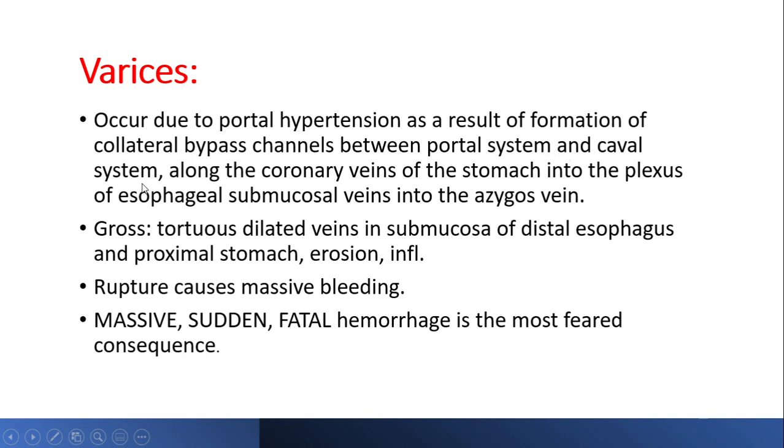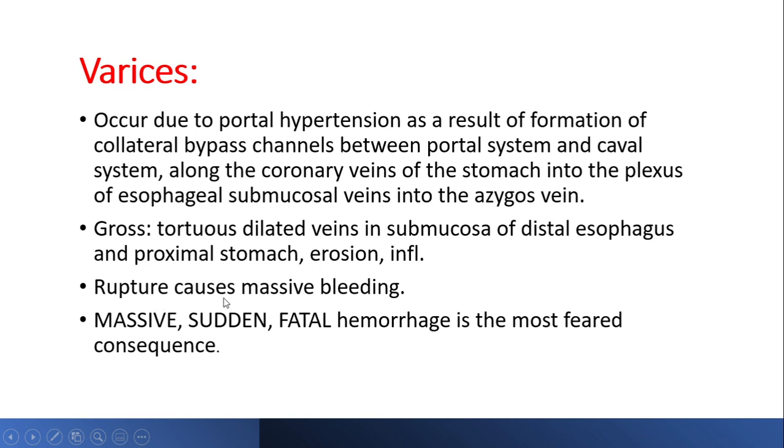So in patients with cirrhosis, there is an increase in portal circulation, so there will be backflow of venous blood into the systemic circulation, resulting in engorged, dilated submucosal veins in the lower esophagus, and